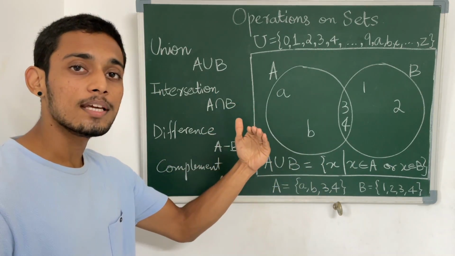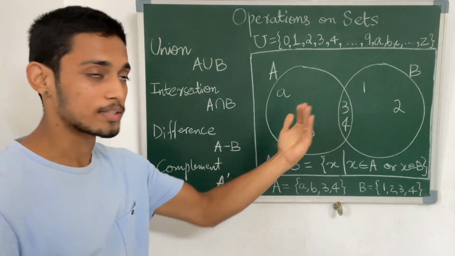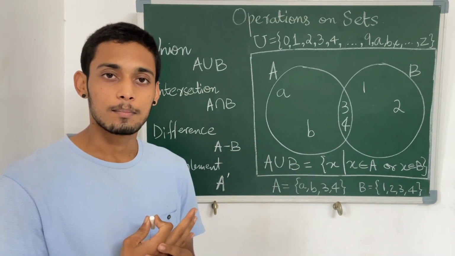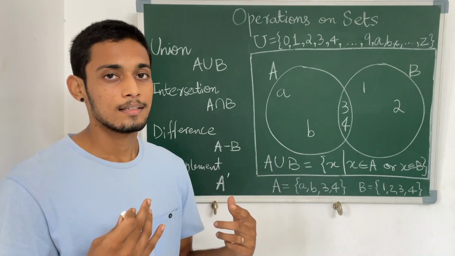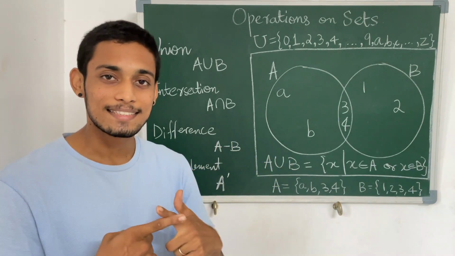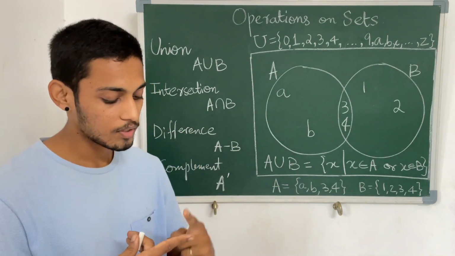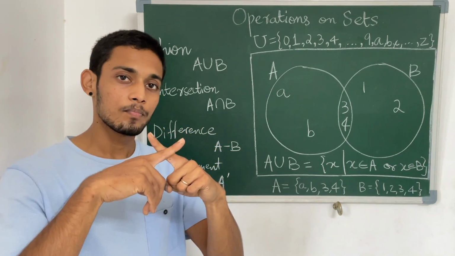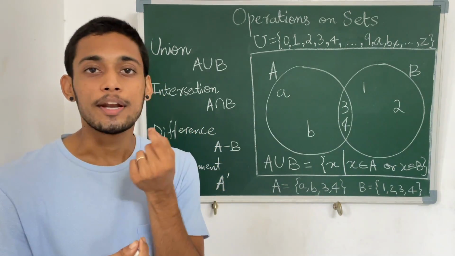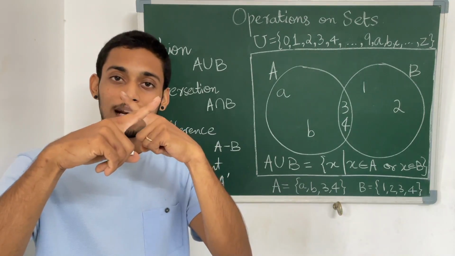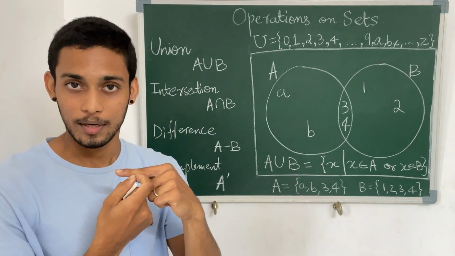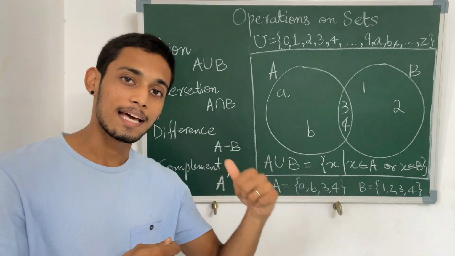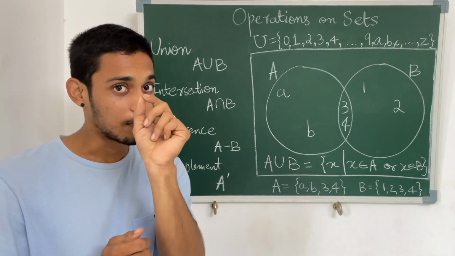Now let us talk about the intersection of these two sets. For a much simpler example, if you had two lines. Now when do we say that two lines intersect? Because this is a term used with lines. So when we say two lines are intersecting, it means they have a common point. That's it. So if two lines are intersecting, there is a point in common. So that point is present in both the lines. Both the lines have that particular point.